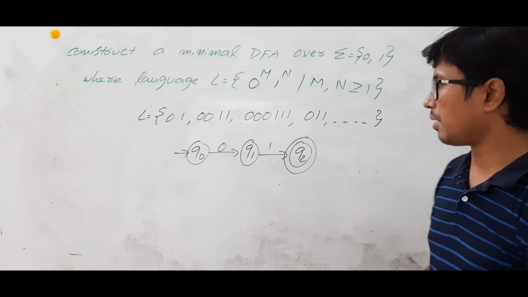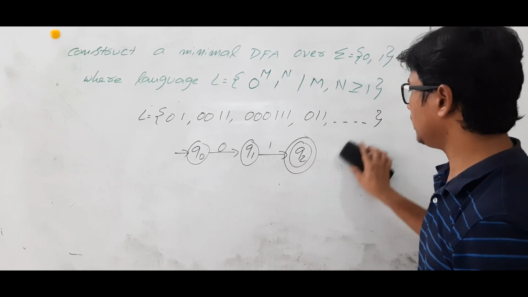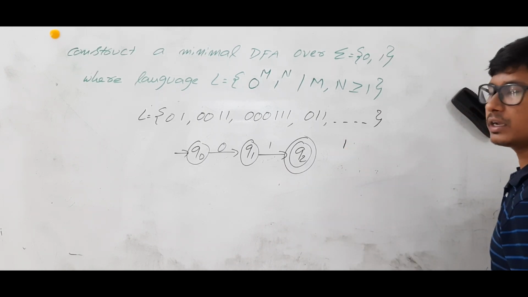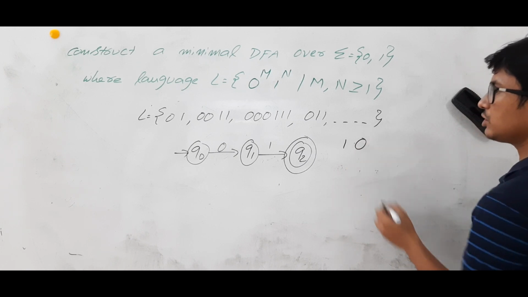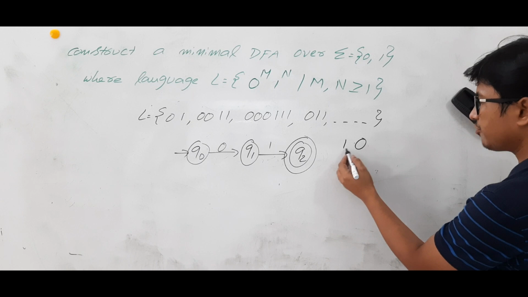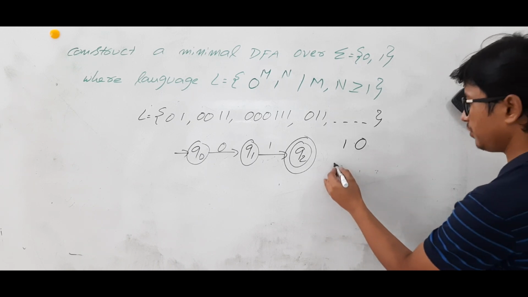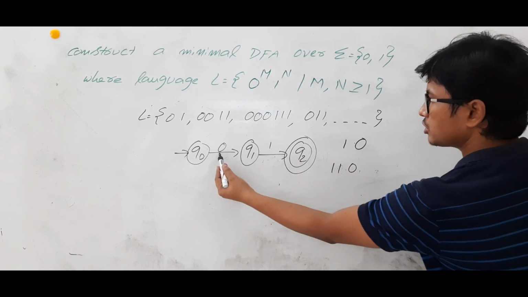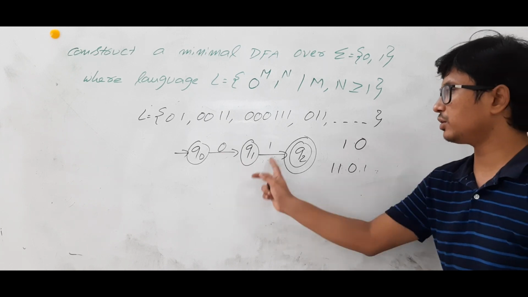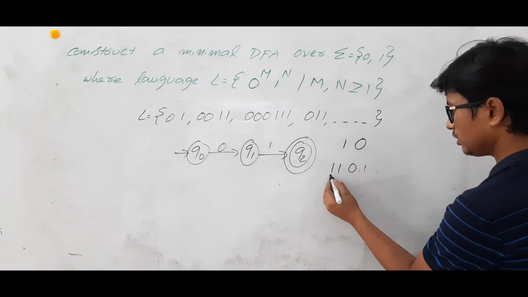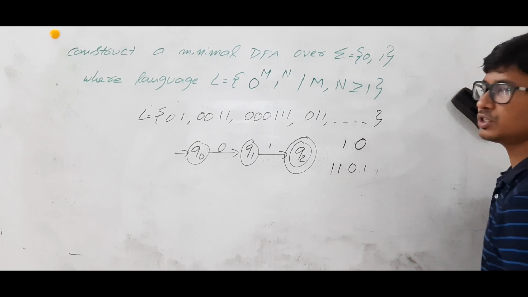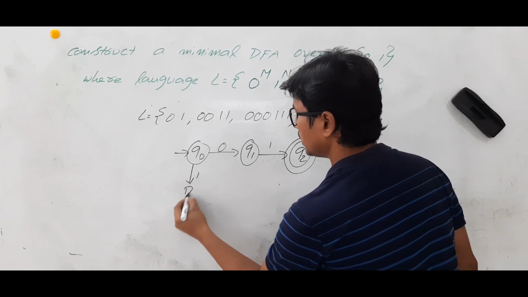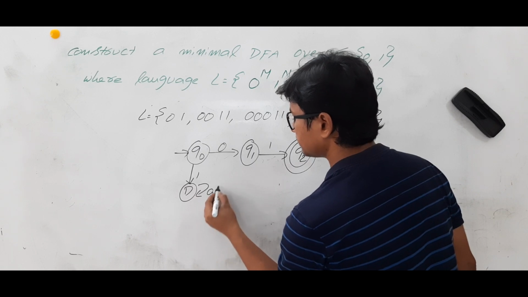Q0 on 1, what will happen? So now if you see, any number of ones can come. Once you got a 1 here, is it possible that you get a 0 here? You should not get it because after 1 you should not see a 0. If it is more than 1 also you should not see a 0. If it is starting with 11, there is a possibility that it can end with 01 according to this one. Is it clear? So if it is starting with 11, it should not consist of 01, so it is a wrong one. So on starting with 1, I should go to a state called D, which is a dead state.